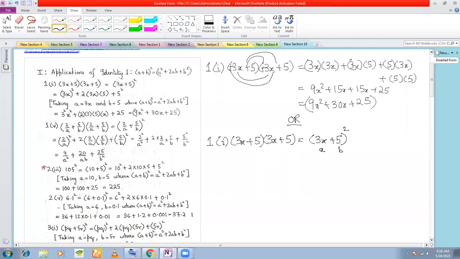Okay. So if you consider a as your 3x, if you expand by a plus b whole square formula, how much will you get? You will get a square, right? Plus you have 2ab, isn't it? So 2a is 3x